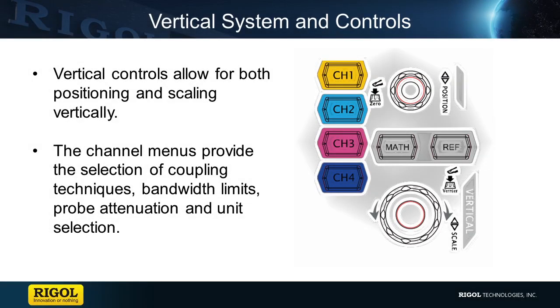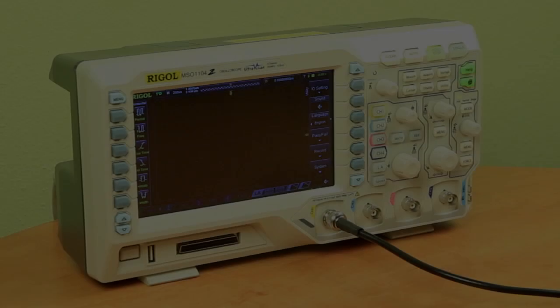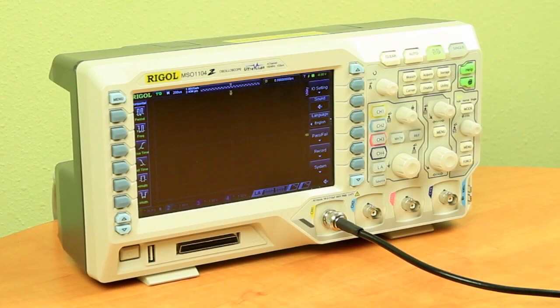Vertical systems and controls are some of the more basic controls and channel controls that allow us the ability to better view a captured signal and move the signal around on the screen. To go over some of the different vertical systems and controls that we have available with this particular scope and our scopes in general,